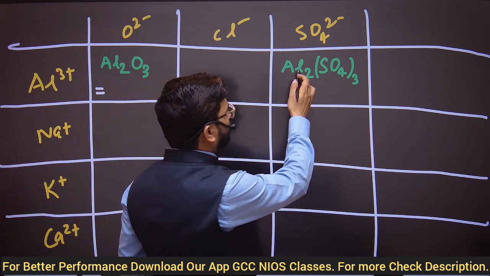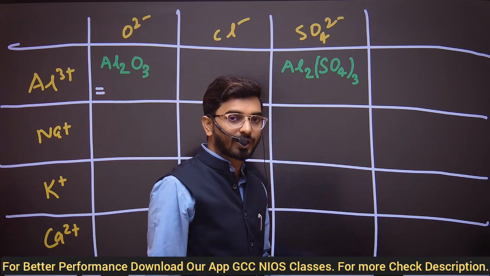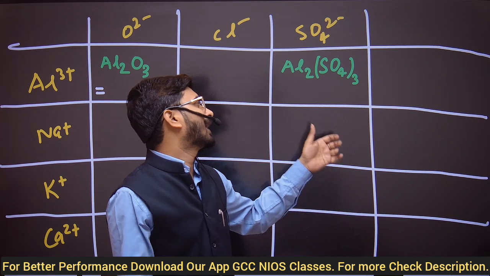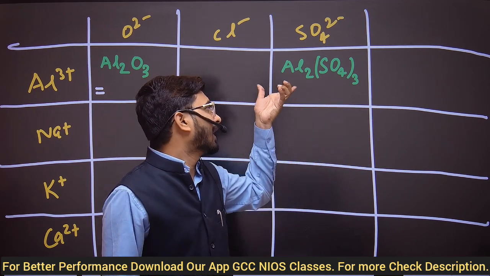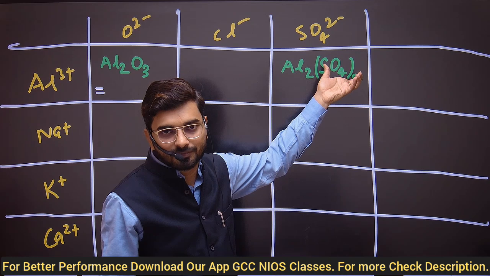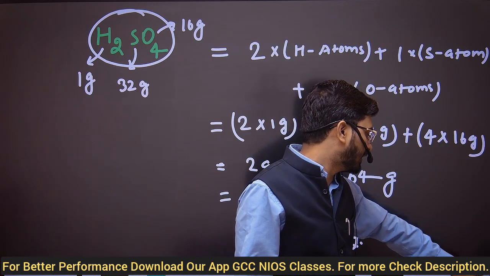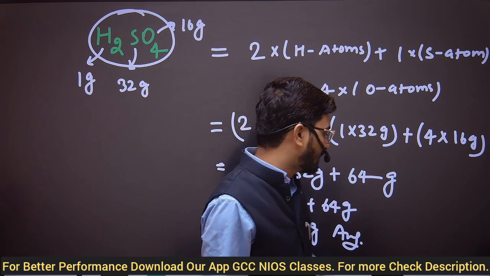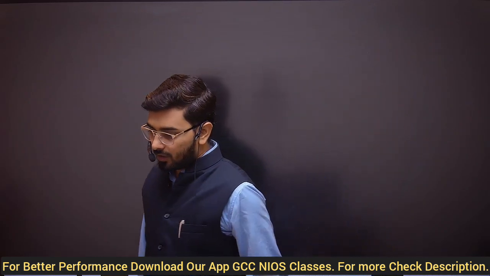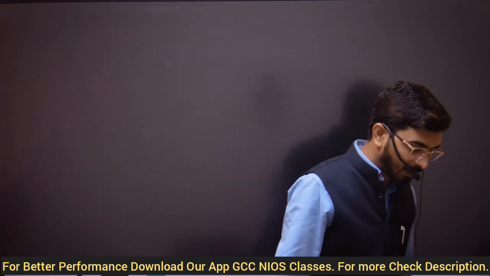And here also we have 2 atoms of aluminum, 3 atoms of sulfur, and 12 atoms of oxygen. So after multiplying and adding, we will get the exact molecular mass of any particular molecular formula, right? Okay, so I hope this will all be clear for you, how to write and how to make everything. Now the next thing we will learn about is chemical reaction.